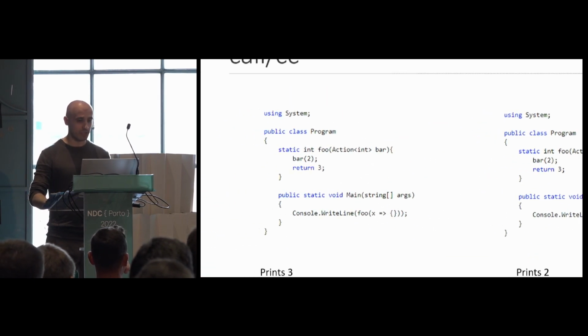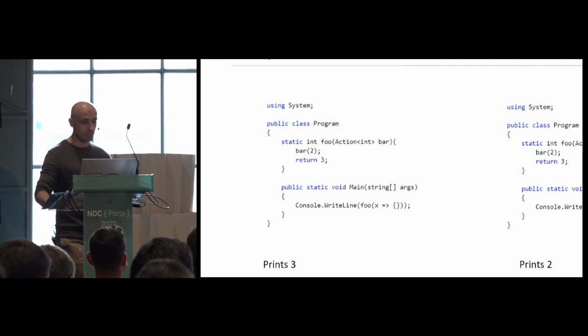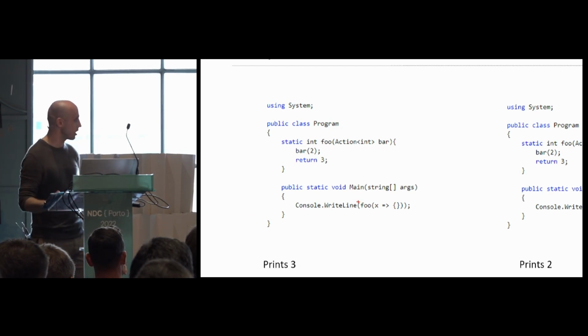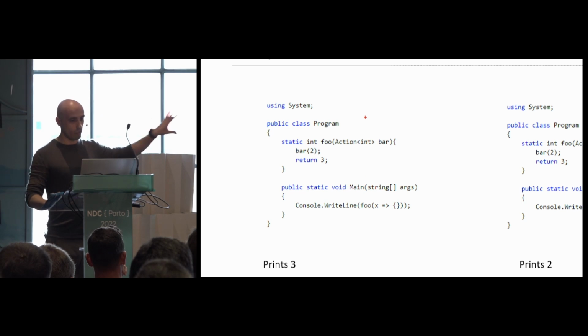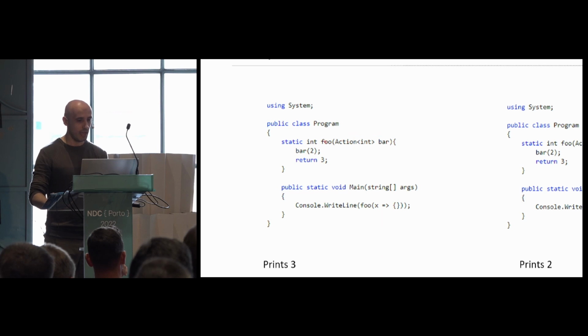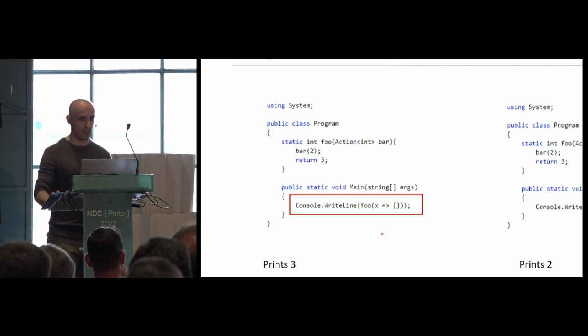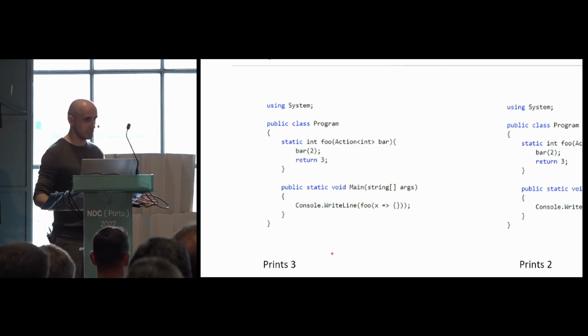And now, how would call with current continuation look like in C#? So let's say that we have a regular method which accepts the continuation, okay? And what we do in this foo method is we first call this continuation passing it the value 2, and then we return 3, and ultimately we print the value returned by the function. So this is regular C#, so this returns 3, right? The continuation which is passed here is basically the empty lambda, so it doesn't matter.